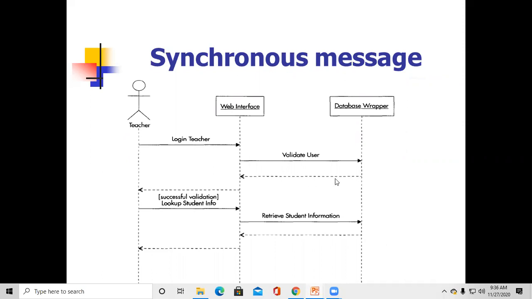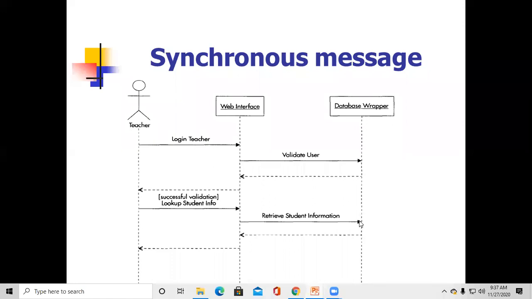Here there is no message or return value, so it hides that message. After that the web interface sends the return message to the teacher that the validation is successful. Then it sends one request to look up student information, which is a synchronous message. Again the web interface passes that message to the database wrapper that retrieves student information.